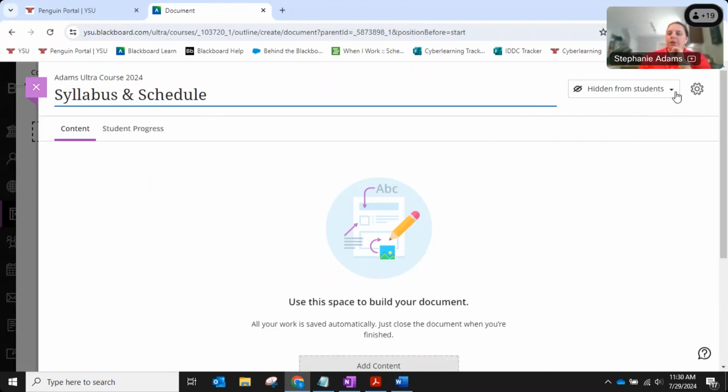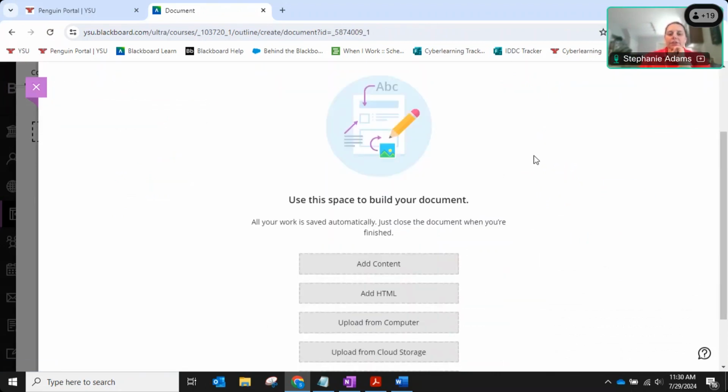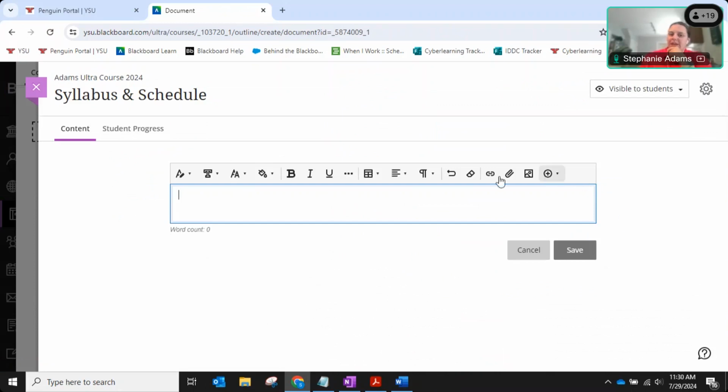In the upper right corner, I'm going to choose that visibility for my students. I'm just going to make this visible. And in the center of the screen, we're going to begin adding our content. Once I add content, I'm going to get the editor toolbar. This should be familiar to you, looks very familiar to any other editor toolbar that you would use in other applications. We're going to tell our students